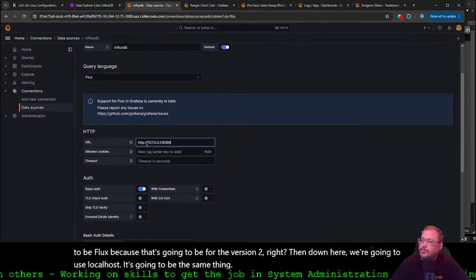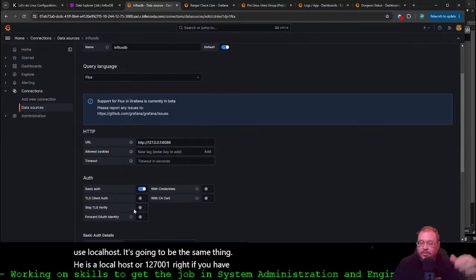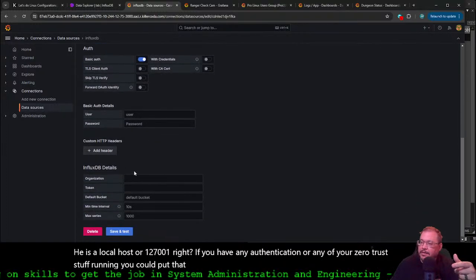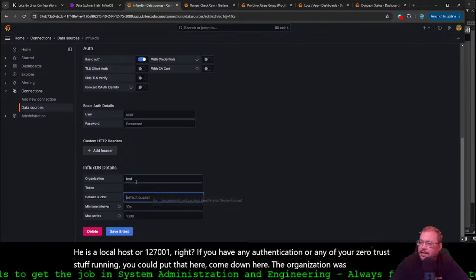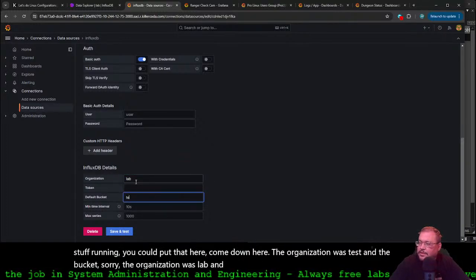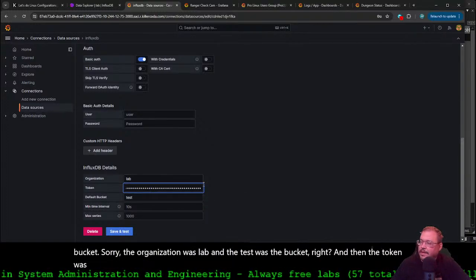You use localhost or 127.0.0.1, right? If you have any authentication or any of your zero trust stuff running, you could put that here. Come down here. The organization was lab, and the bucket was test, right? And then the token was that same token that we had from earlier.